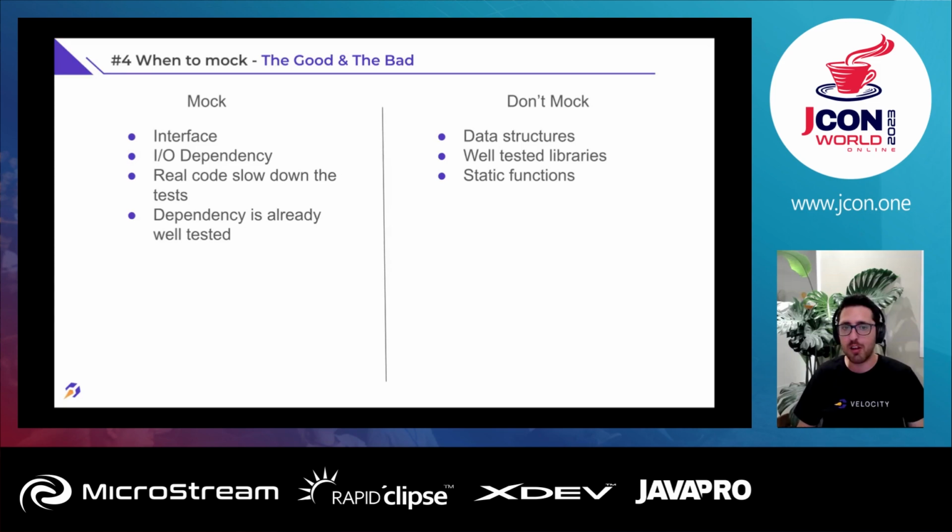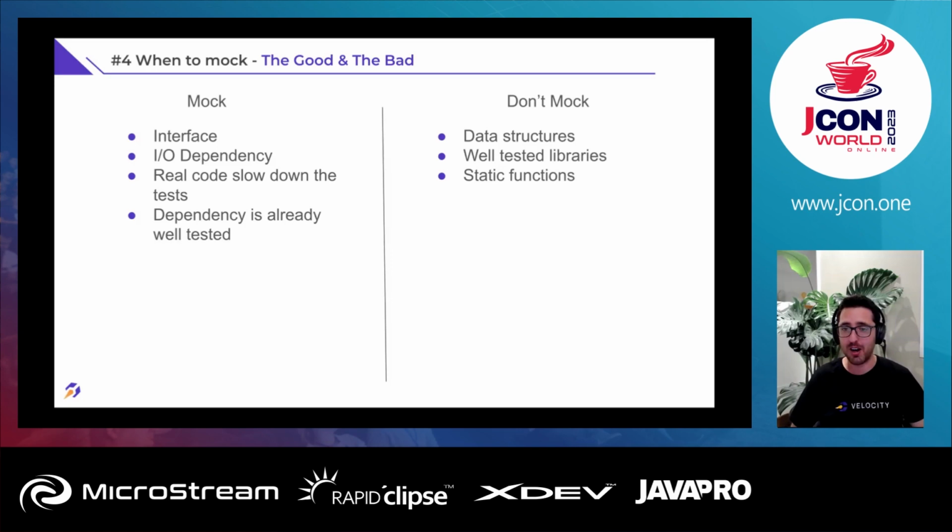And don't test well-tested libraries. For example, object mapper of Jackson. You don't want to test it. It's already well-tested. If you start to test it inside your test, you have a bajillion more tests, and it misses the point. And don't mock static functions unless you really, really have to. When you use a static mock, it relies heavily on reflection. It really slows you down, and it's really, really hard to maintain those tests. Believe me, I had a lot of time dealing with the static tests, and I refactored everything. So don't do that.